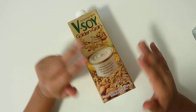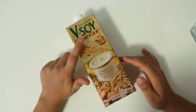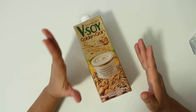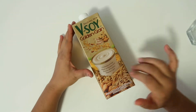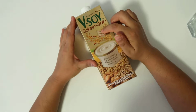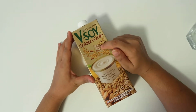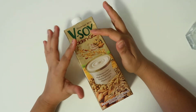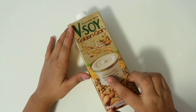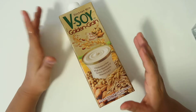In today's video I am here with this V Soya. It's a soybean milk, Golden Grains. So what all Golden Grains contain is mentioned at the back, and they have shown over here also. It has soy and oats and almonds. So these are the three golden grains which are added in it, and it's cholesterol free, high in vitamin